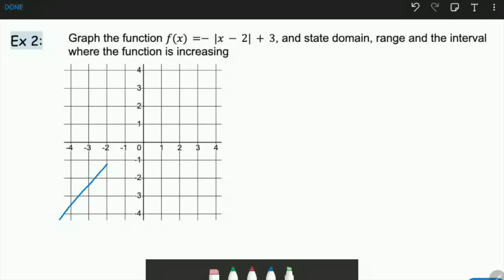Okay, this is going to be doing example 2 in a slightly different way. We're not going to be graphing this time. We're just going to focus on domain, range, and intervals of increasing here, because there's a way you can do that just by looking at the equation, so long as you understand transformations in the parent function well enough. Domain is pretty easy though for all absolute value functions, so long as there's not a restricted domain in the first place. Domain will just always be all real numbers,